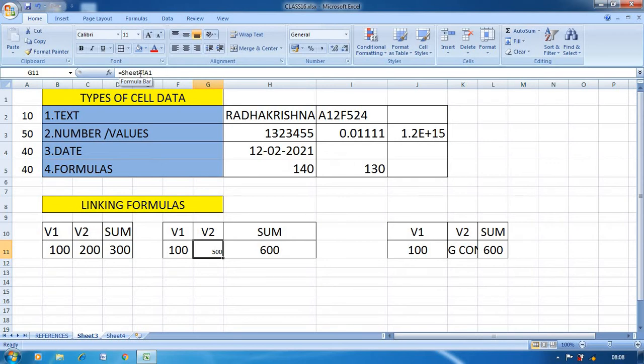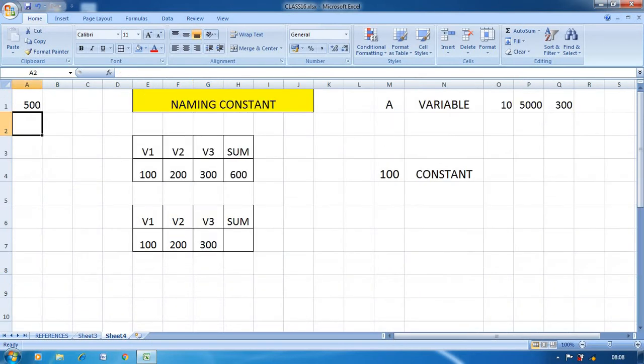That is, first we have to write the sheet name, that is sheet 4, then the exclamatory sign, then the address of 500, which is A1.